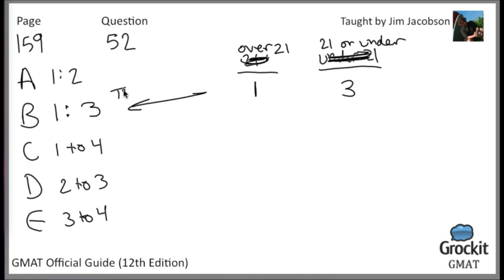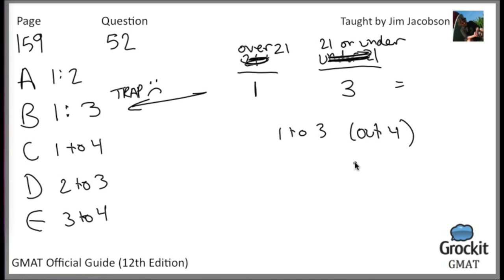Of course, this is the trap answer. Because the question isn't actually asking us what the ratio of the 2 is. That's actually given right in the question. We're being asked what the ratio of those 21 or under is to the total population. Now, again, we're not being given the actual total numbers here, just the ratio. One thing we do know is that when you're given the parts of the ratio, in this case, 1 to 3, we know that each of them is out of